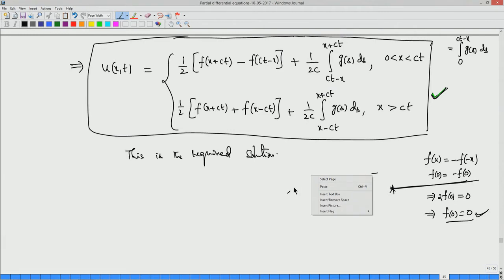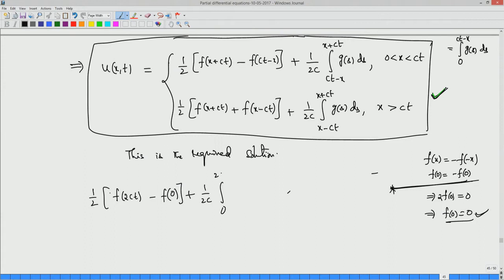So, when you equate the continuity of u at x equal to c t from the left side and u at x equal to c t from the right side, you will see that f of 0 equal to 0. When you put x equal to c t, you get half of f of 2 c t minus f of 0, plus 1 by 2 c integral from 0 to 2 c t of g of s d s. This has to be the same